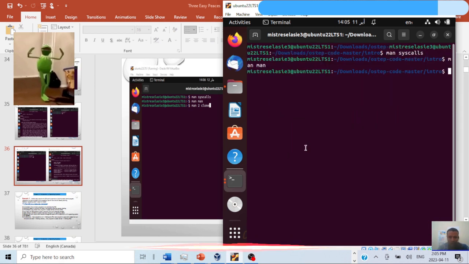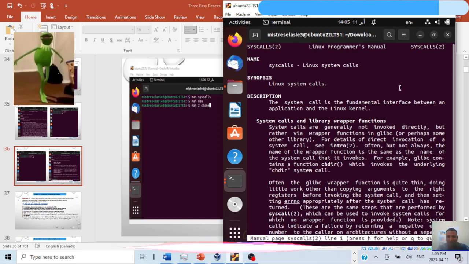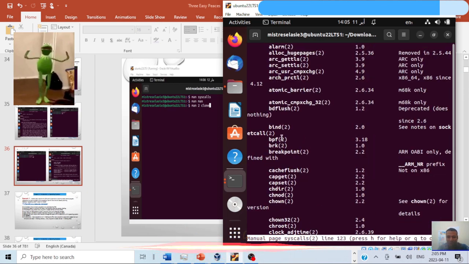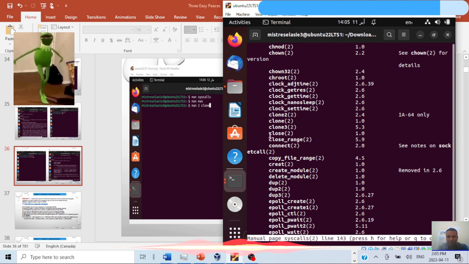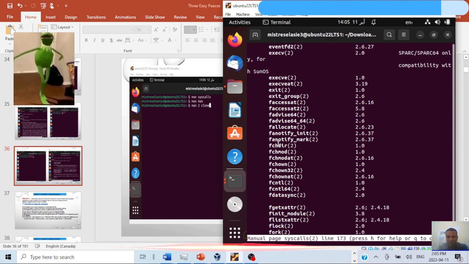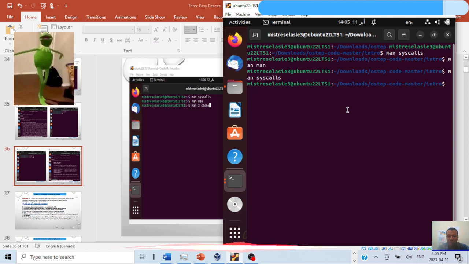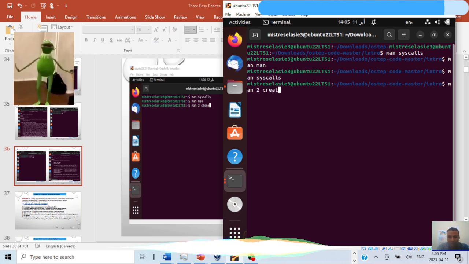Let's go and see. For example, let's choose one from the manual, just to see. For example, creat. Let's see, this is version 1. So what we can do is man creat.